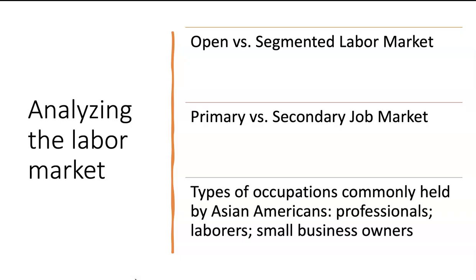Now, the first, primary, refers to those jobs characterized by stability. They're stable positions with good salaries and wages. They typically include good benefits in terms of health care, pensions, paid holidays, and so forth. And also typically they require higher education, or at least experience is necessary. So obviously we're talking about professionals or even skilled labor, for example, in the healthcare